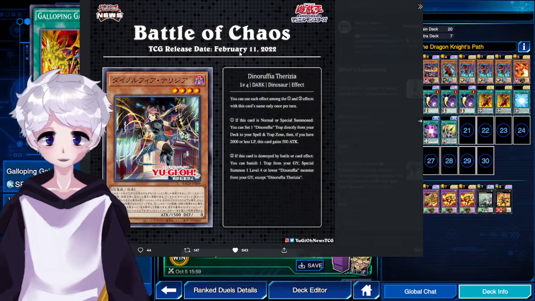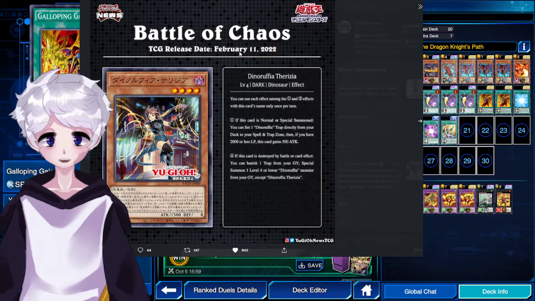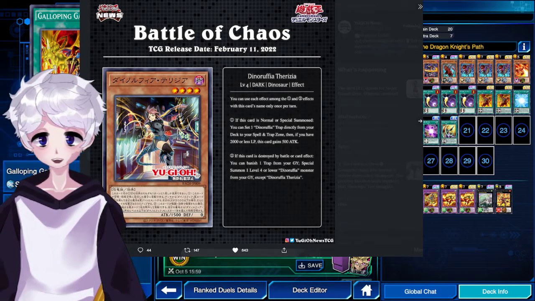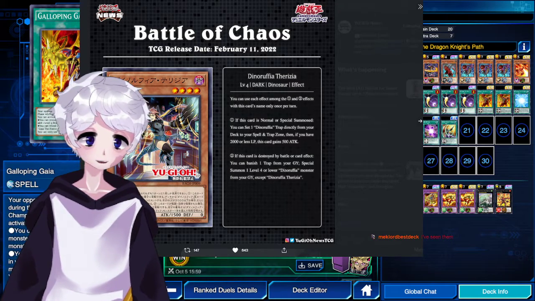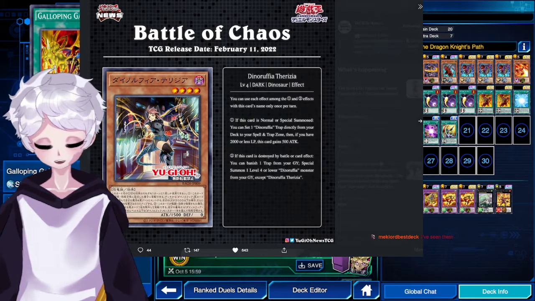The second part of the effect is: this card is destroyed by battle or card effects. Banish one trap from your graveyard. Special summon one level 4 or lower Dinoruff monster from your graveyard, except for Dinoruffia Therzia. The second part of the effect is kind of meh. Battle or card effect destruction doesn't really come up. I mean, it might come up, considering that,